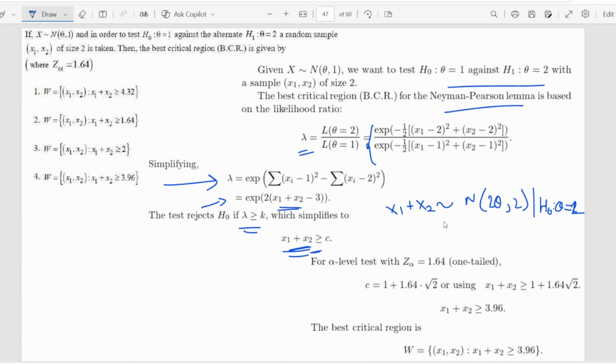So, we have under the null hypothesis this following distribution, which means